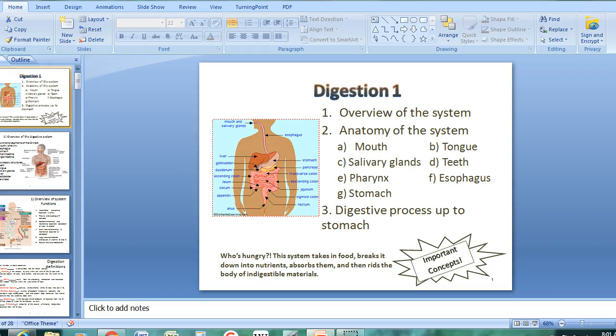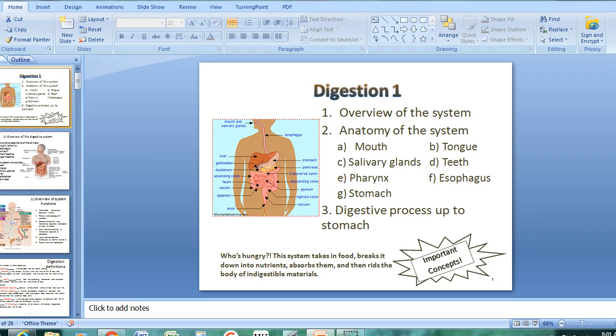Hello and welcome to Anatomy and Physiology 2. That is the Bio 112 sequence. We are talking about the digestive system this time around. We're going to divide this digestive system into 4 sections, and we're going to begin today with Section A of